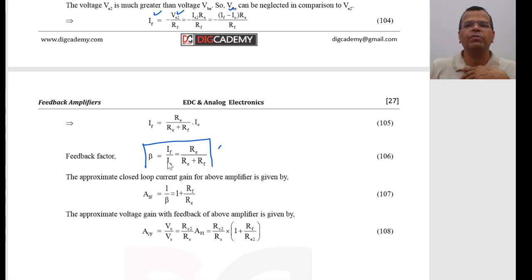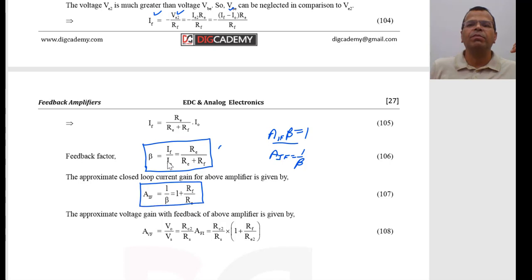Although there was no question, but that can be a question in exam. You may have to find feedback factor of this circuit. I'm just trying to give you these tips. If you can remember, just remember this. But that is gain with feedback. Fine. That is gain with feedback, and this is the expression of the current gain with feedback. If you can remember, please do remember it. If you can't, that won't harm you much. But my aim is just to cover the topic.